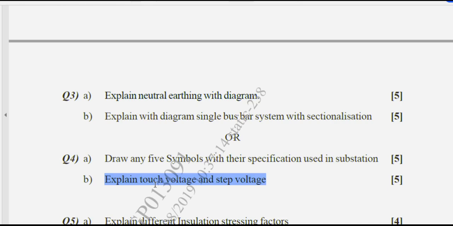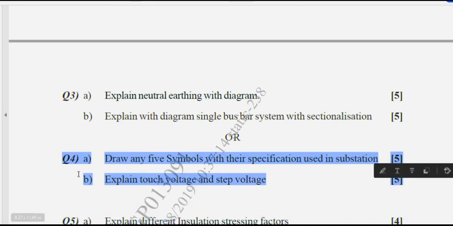Then, due to this potential difference, that person will get a shock and collapse on the ground. So that is called a step voltage. The difference between steps, our footsteps, is called the step voltage. I hope you understood these two points very easily, and while writing the answer to this particular question,